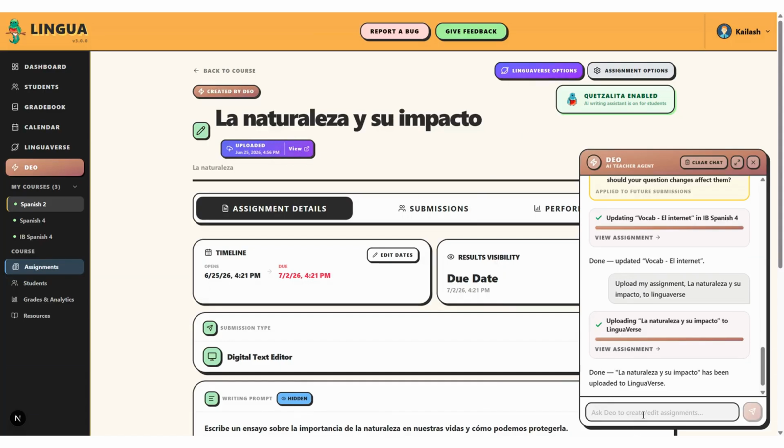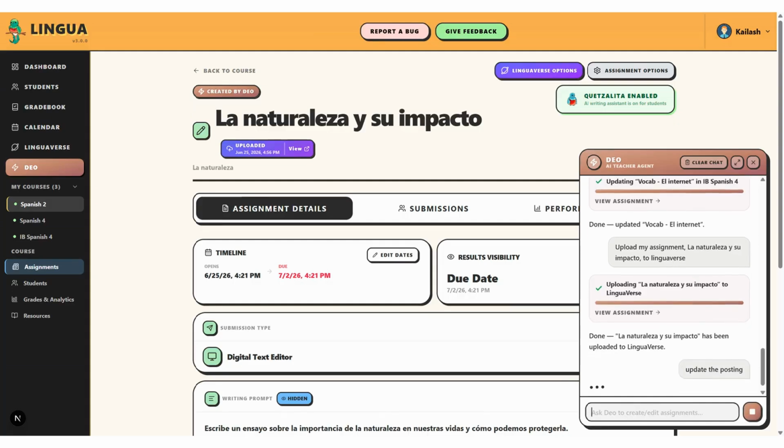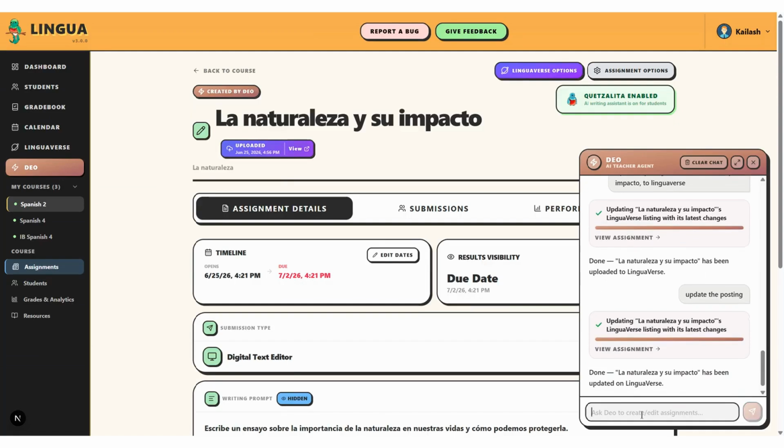You can also edit Linguaverse settings, for example, update the posting, and you can also remove the posting